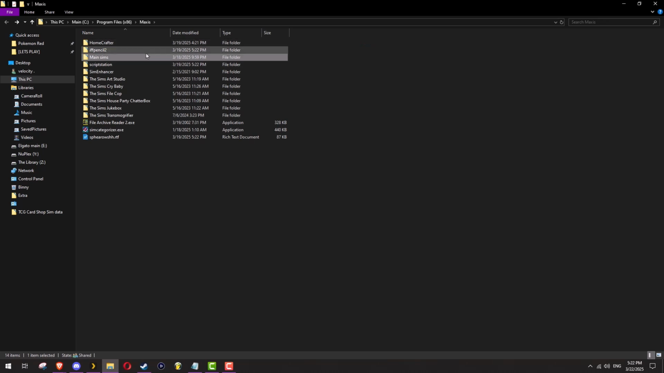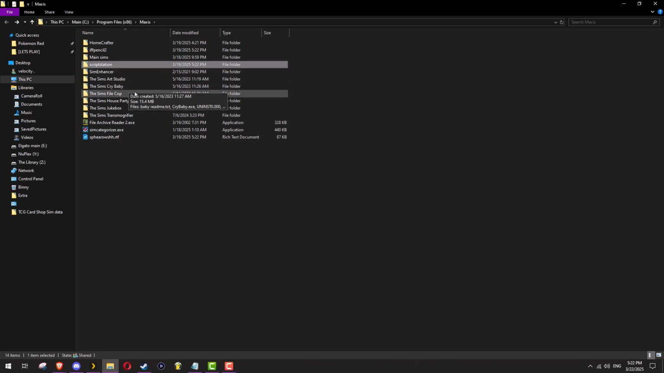HomeCrafter, iffpencil 2, Scriptstation, Sim Enhancer, Sim Art Studio. Don't worry about this yet. The Sims File Cop, The Sims House Party Chatterbox, The Sims Jukebox, Sims Transmogifier, File Archive Reader, Sim Categorizer, and then this. I forgot what this is, but we'll look at everything in this video, and I'm going to try to make it as condensed as I can, but I cannot guarantee how long this is going to be. So if you want to stay for all of this,